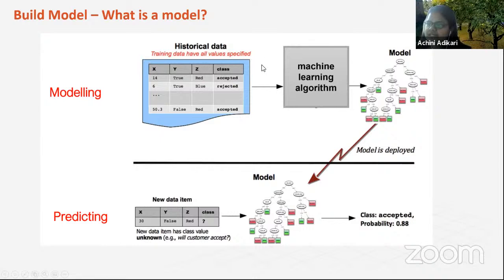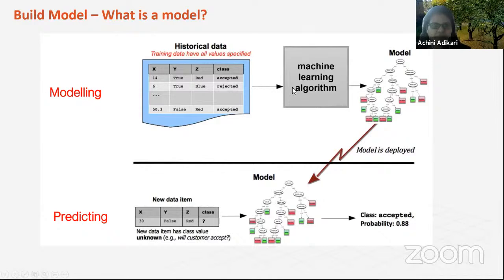We have a data set. So this is our training data. If you have a look at this, X, Y, Z are our input variables, and our target variable is what we are going to predict: if this is going to be accepted or rejected, right? So the class is what we are going to predict. So we have a data set with the input variables and the class label, and we feed that to the